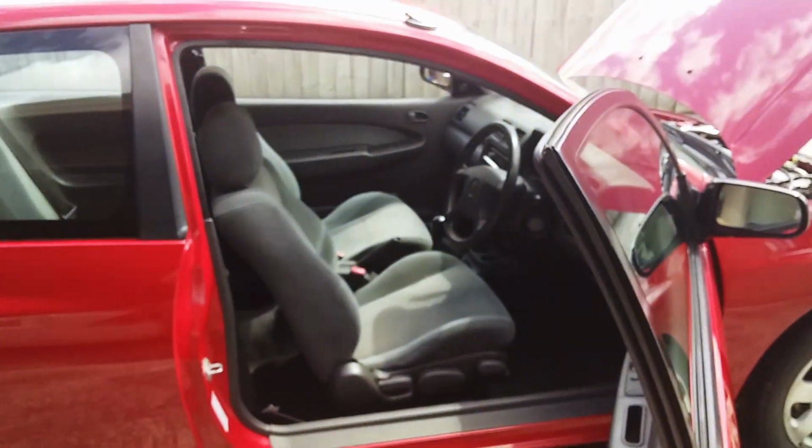Today I am cleaning my Mazda. I'm going to talk a little bit about it before we get into the cleaning part, but this is after I've cleaned it. So yeah, so this is my